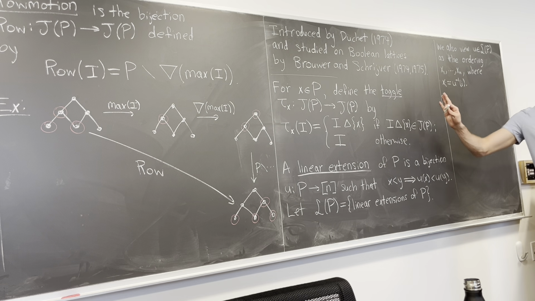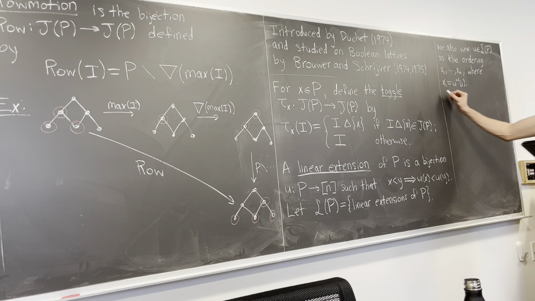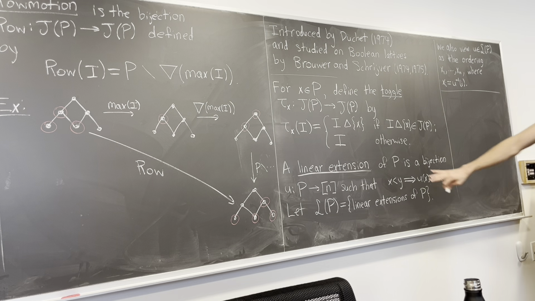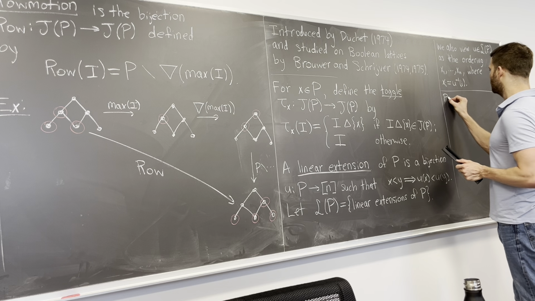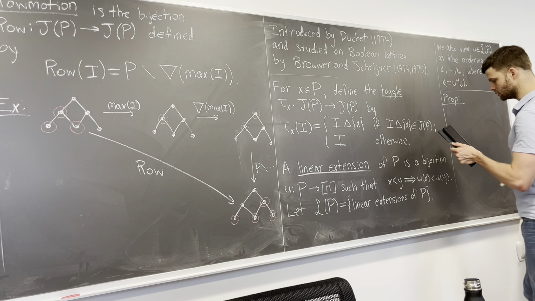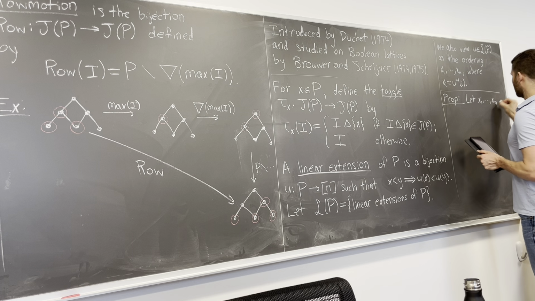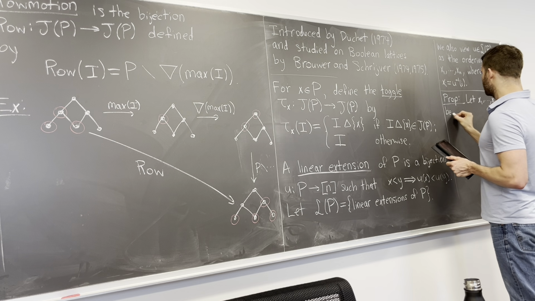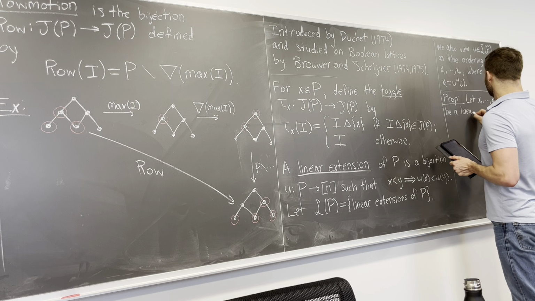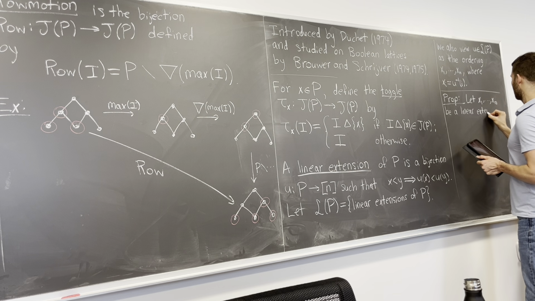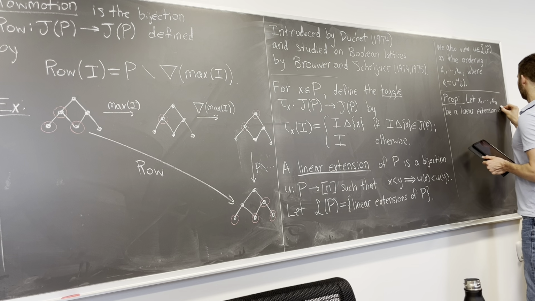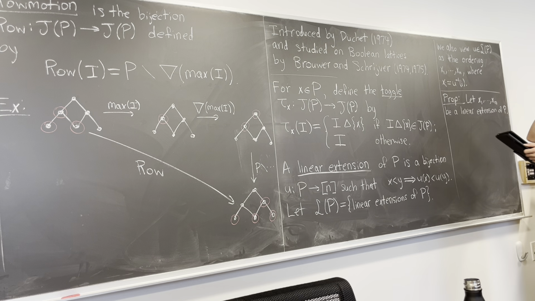Okay. So any questions up to here about these definitions? Okay. So then the proposition is that you can use these toggles in the order of a linear extension to give a different definition of Rowmotion. So proposition, let x1 through xn be a linear extension of P, then